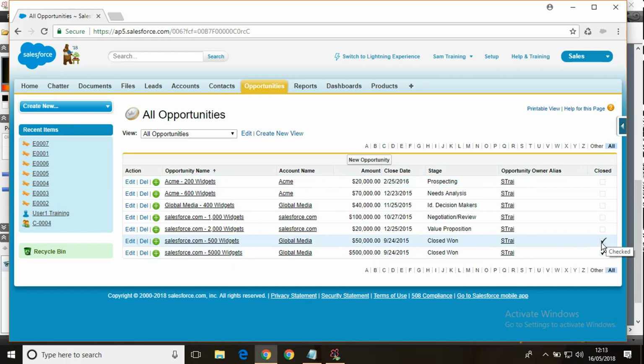Now suppose there is an open opportunity. Henceforth, whenever any opportunity is created or edited, for that opportunity there is a closure date, and you can see each opportunity has a closure date.